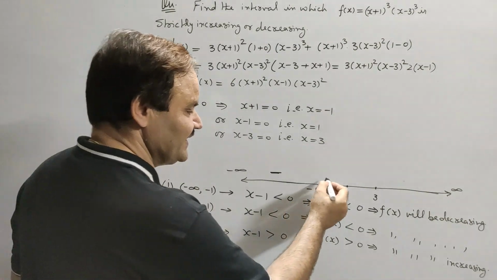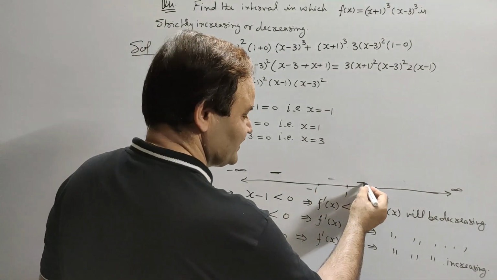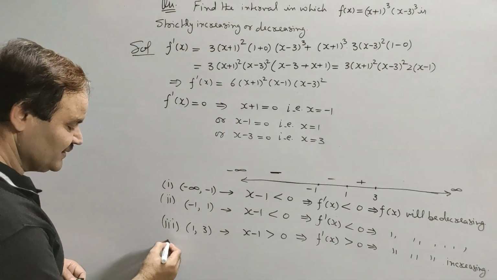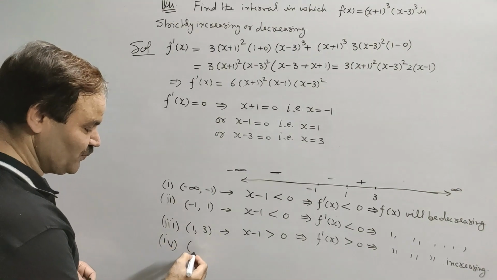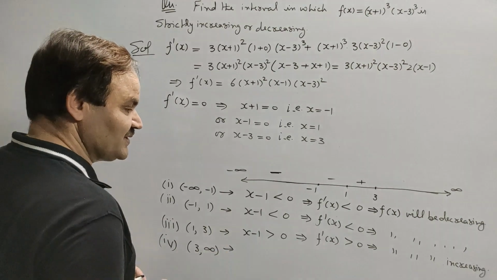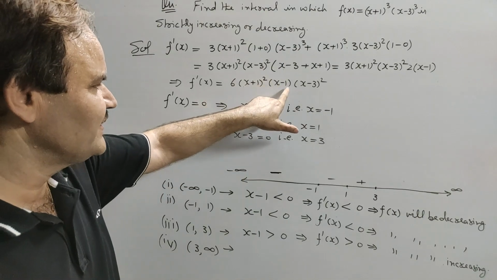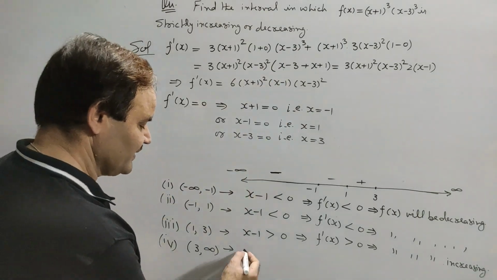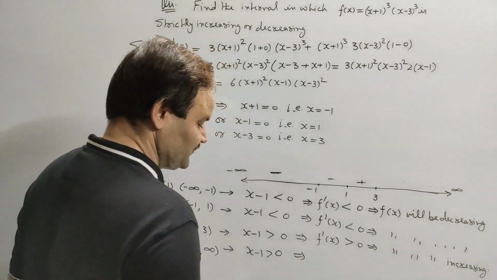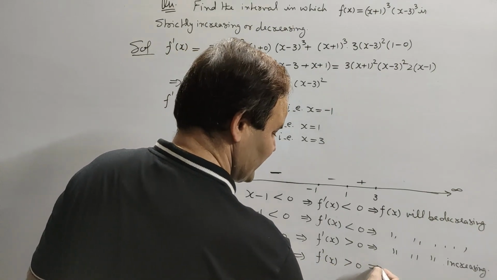From -1 to 1 it is decreasing, and from 1 to 3 it is increasing, and the last interval from 3 to infinity, it means the open interval 3 to infinity. For this case also x is greater than 3. X is greater than 3 means x minus 1 will be greater than 0. This implies f dash x will be greater than 0, and this implies